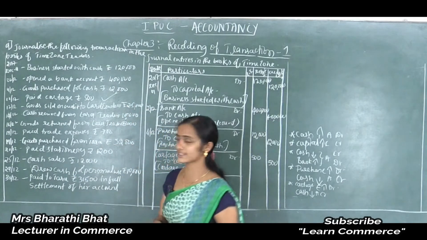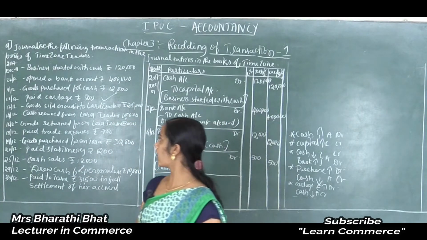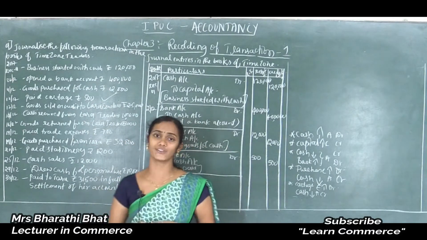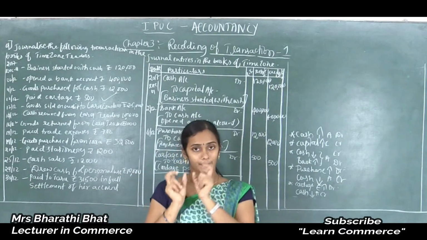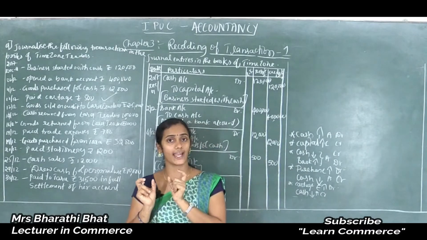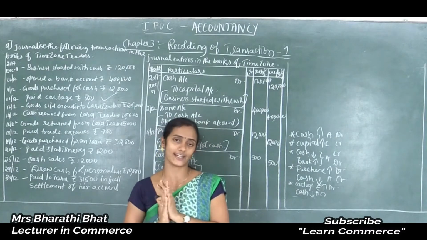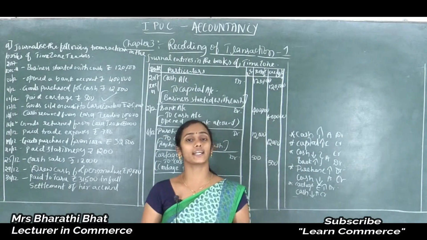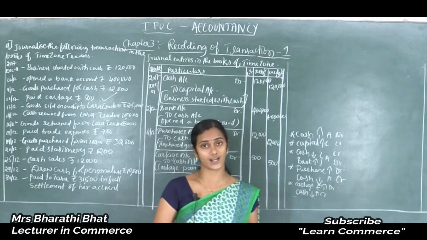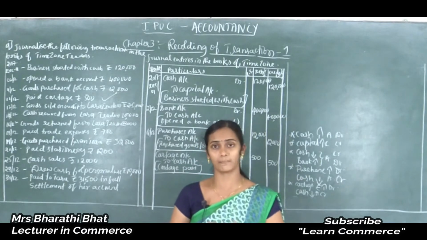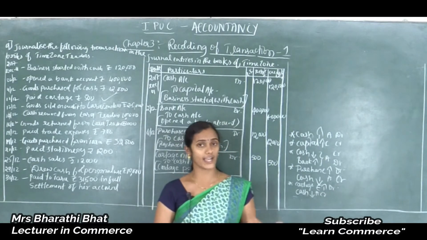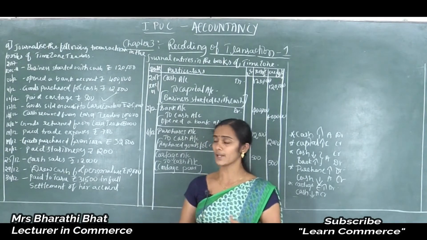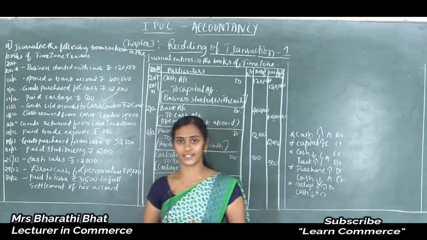Goods sold on credit to Lara Traders. If a person name or the entity name is mentioned in that transaction, then we should consider that transaction as what? Credit transaction. It is not a cash transaction. Goods not sold based on cash payment or cash receipt. Here the transaction is based on credit. Okay. So goods sold on credit.